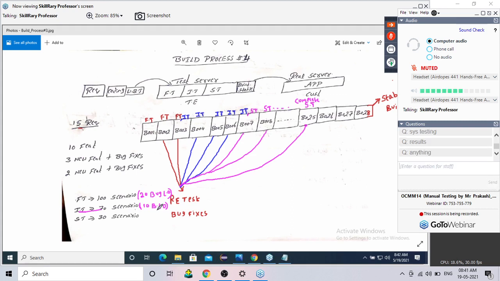Okay, so now my lead says integration time is over. You have completed also. Now please start your system testing. System testing is completed means, guys, the 30 scenarios are executed successfully, or all the 30 scenarios are tested. All the 30 system scenarios are tested, and your system testing is completed. Still 5 bugs are left out. Left out means unfixed by the developers. Understand the concept here. Still 5 bugs are left out. Is it possible or not possible?